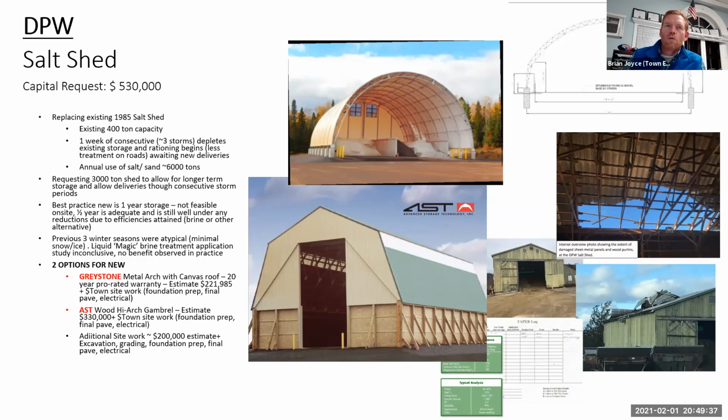No, you cannot store trucks. The size of the building is based on the tonnage, like you said, with the workable area for the front end loader in front of it, and trucks could come in and dump into the pile. There are options on the high arch gambrel. I don't know that we would have much space on site, but there are options in that building where you could put a lean-to roof on one side and store things out of the elements as far as rain and precipitation, but they'd be open obviously around the side. So that's an option that I didn't even ask for on this, because the footprint of